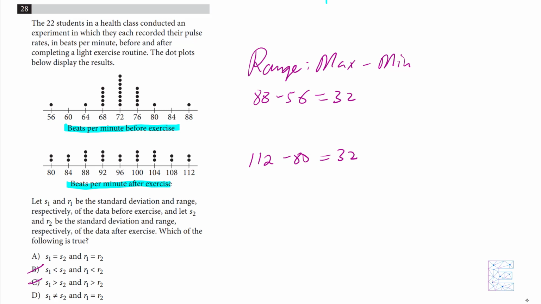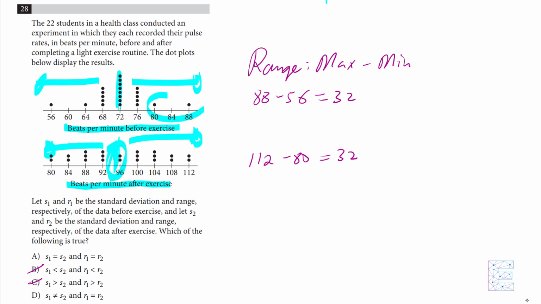Now, the remaining part of it is figuring out the standard deviation. Standard deviation means how close you are to the mean. So the farther out, the more data you have spread away from the mean, the bigger the standard deviation. And here's the mean for this one, somewhere around here, depending on the data that you have on the left and the right. So we see that we have fewer points for the data up here than we do have